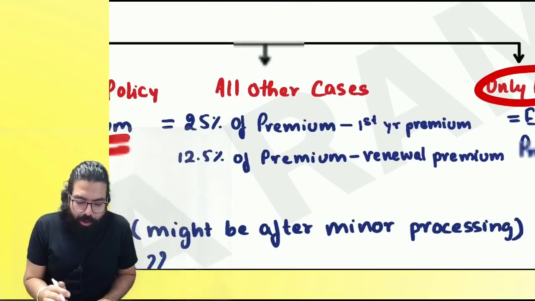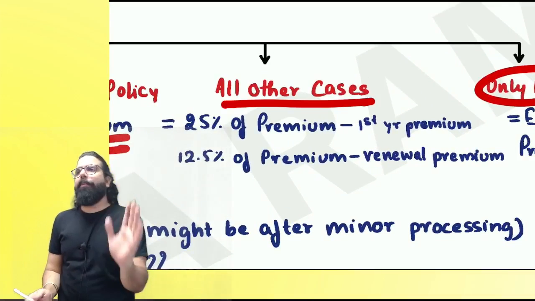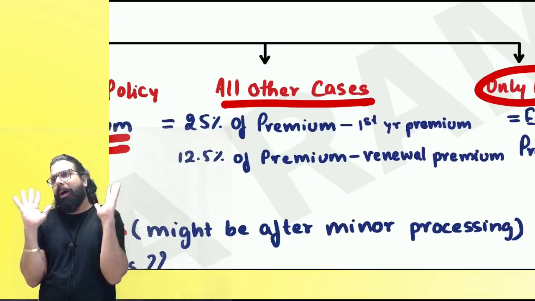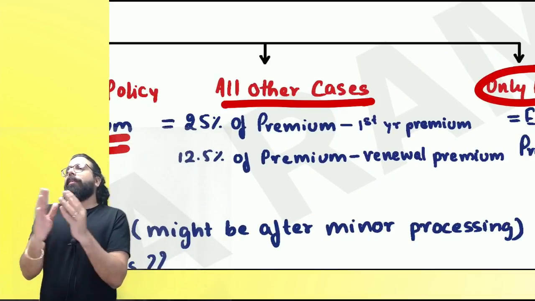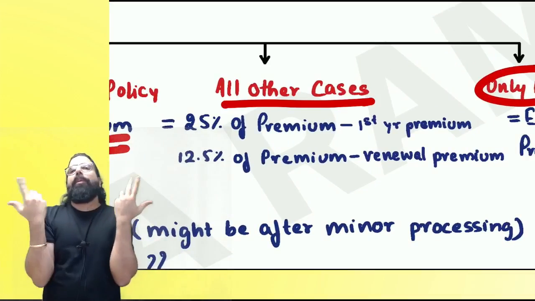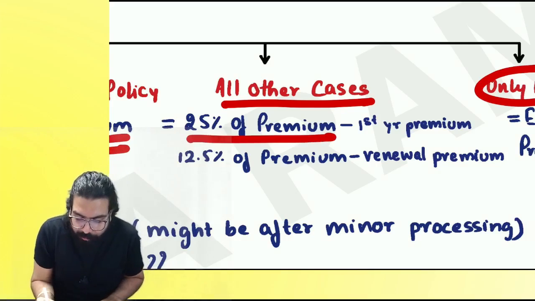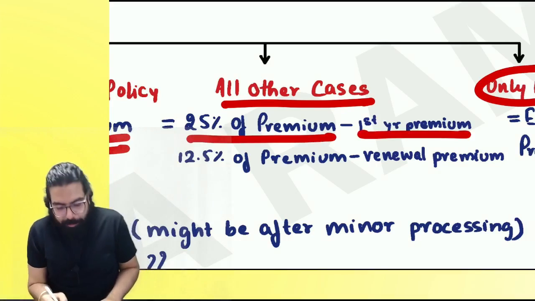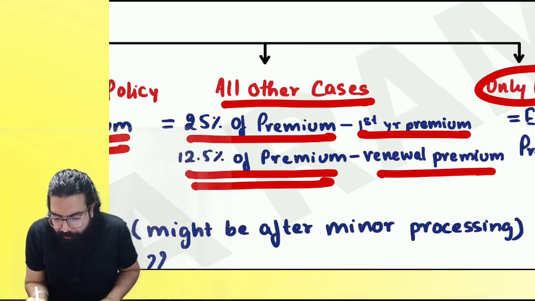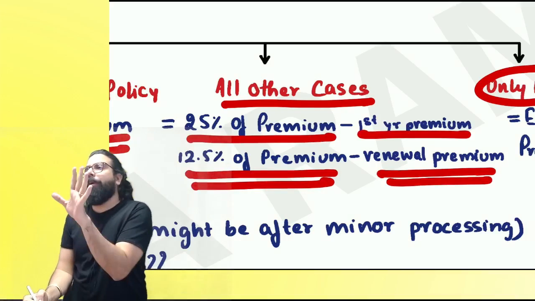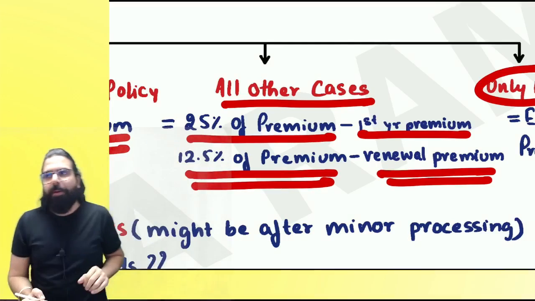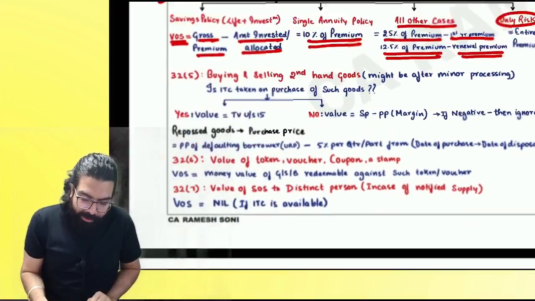And then the last one over here, all other cases. Remember one thing, all other cases are where supposedly the investment amount I don't inform you. Whatever amount I charge you, in the first year 25% of the premium will become my value of supply. Second year onwards, 12.5%. That is, whenever renewal premium is charged, 12.5% will become my value of supply. The next one over here is